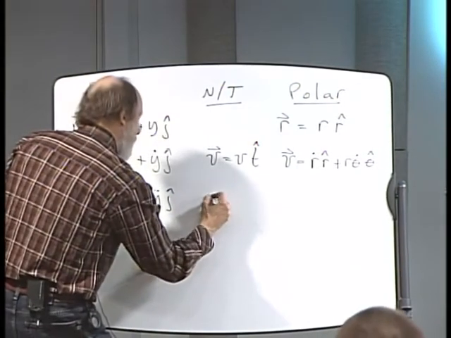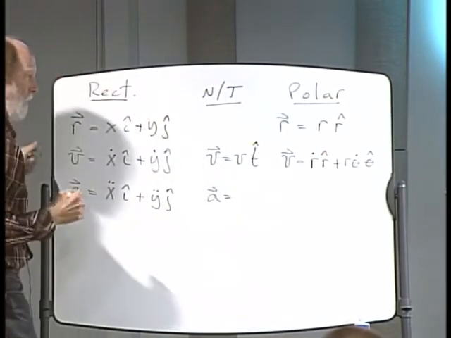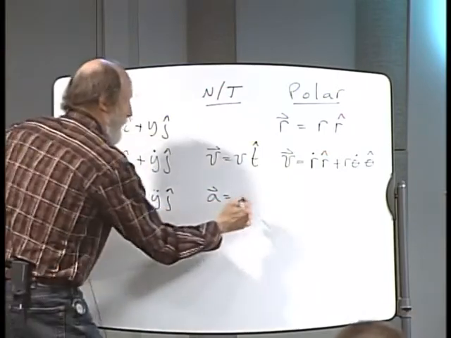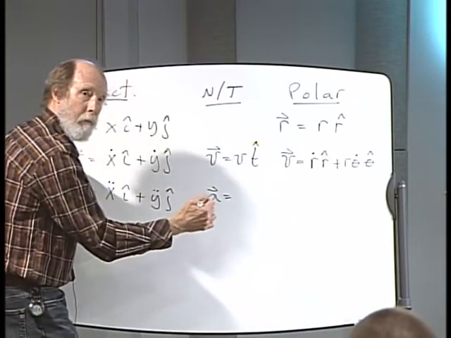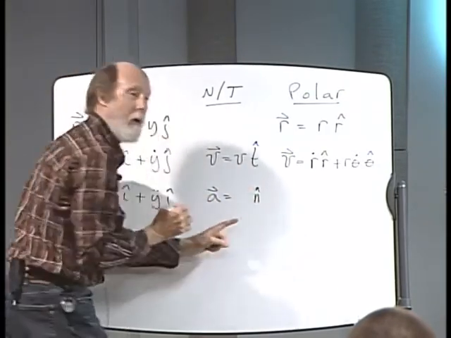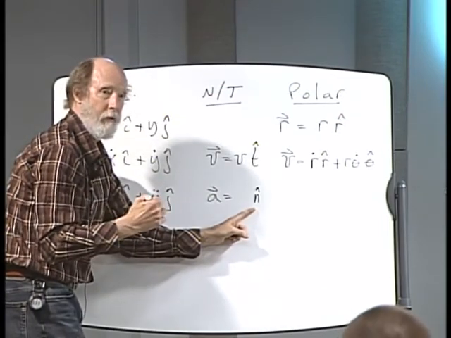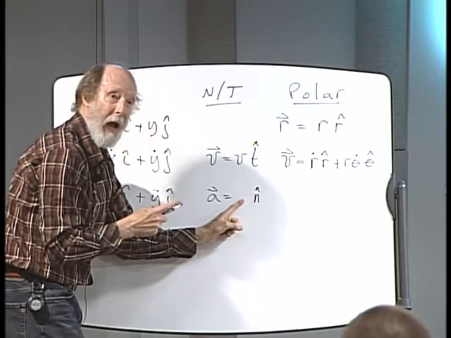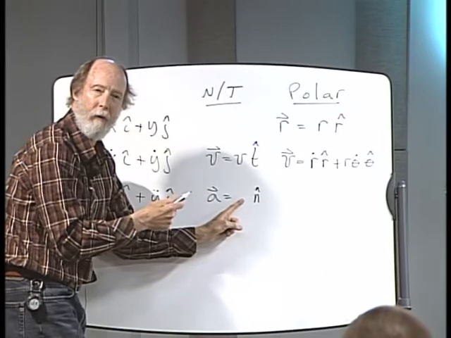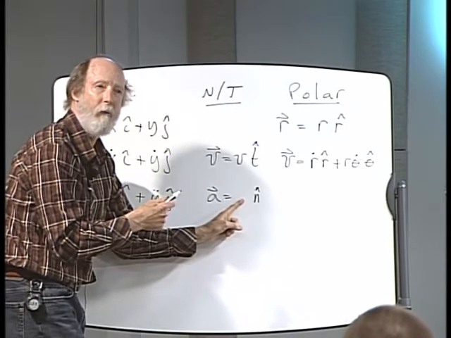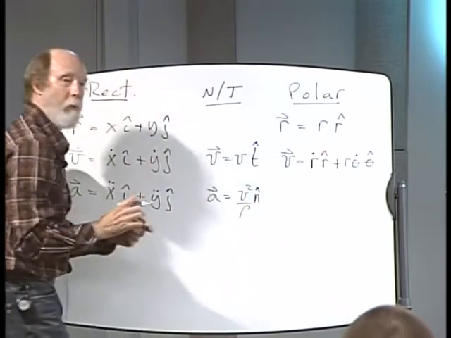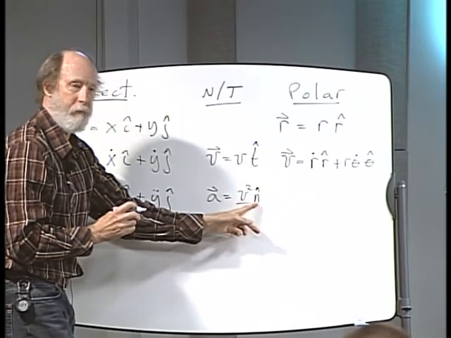And then our acceleration in the normal tangential is a little more complex than what we saw here in rectangular. It has a normal term which points which way? The normal points towards the center of curvature. And that term, if you're on a curved path, how do we usually write it? How do we usually write that normal term? V squared over rho. V squared over rho is that normal term pointing towards the center of curvature plus